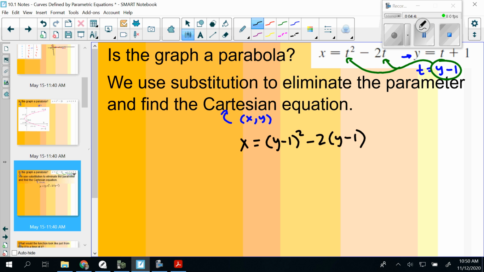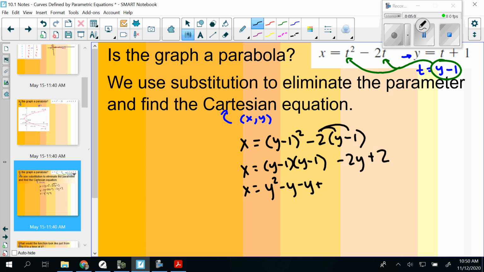And then if we simplify that, (y - 1) squared means we have to multiply two (y - 1)s here. Here we're also going to have to distribute a -2, so -2y. -2 times -1 would be +2. If we keep going here, you get y squared minus y minus another y plus 1. And finally, combining like terms, we get